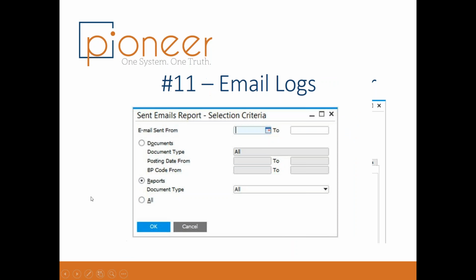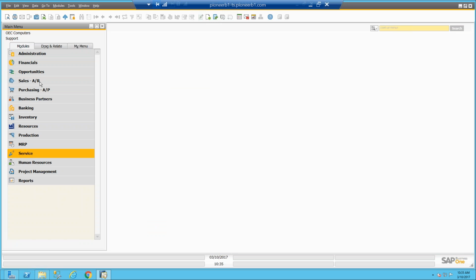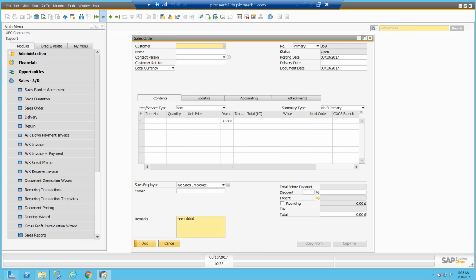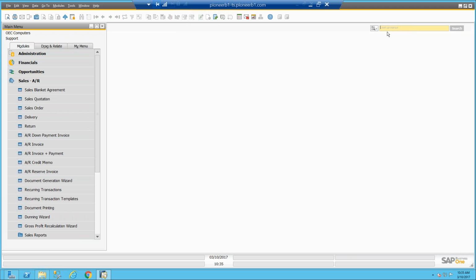So next one is the email log. One of the nice things about SAP Business One is that you can always email directly from the system. One of the things that we asked for quite a while, and now they added, it's pretty basic, but they are getting there, is the log. So now there is a new window called sent emails report,